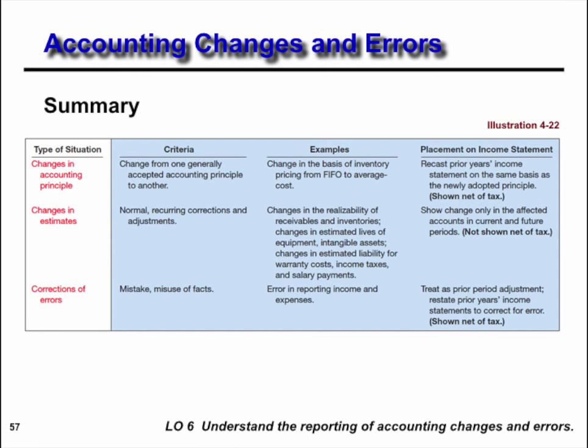Number 3, correction of errors. Mistake, misuse of facts. Examples are error in the reporting income and expenses. How to treat it? Treat as prior period adjustment. Restate prior period's income statements to correct the error. Shown net of tax. So the only situation in which it's not shown net of tax is the changes